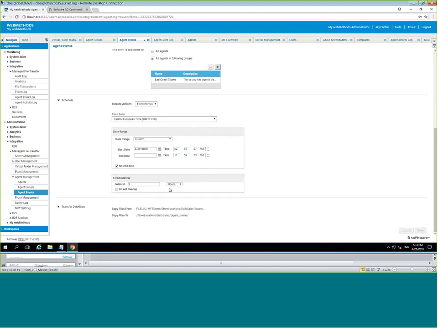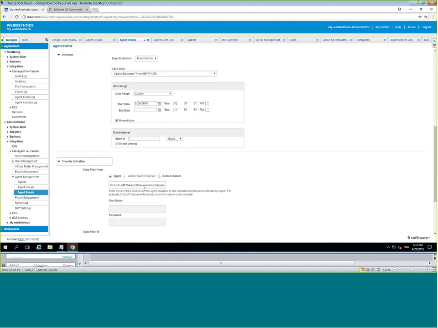And I'm triggering the schedule every hour, right? So every hour, it picks up the files from the agent system. It actually picks up the files from both the agent locations.